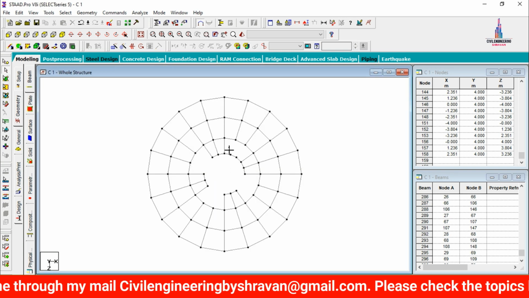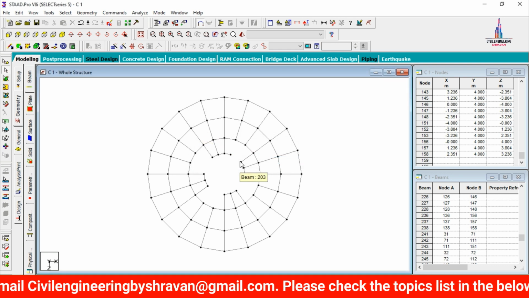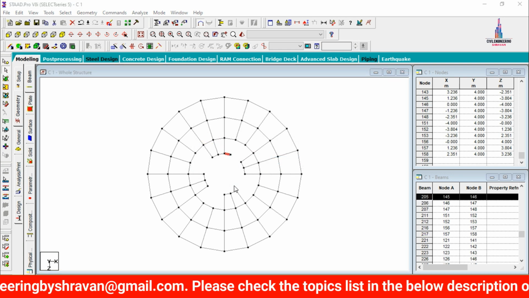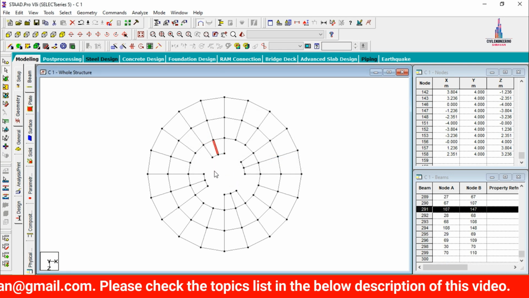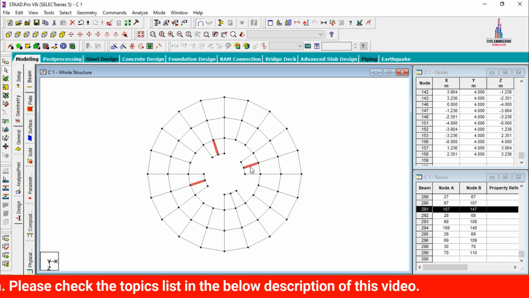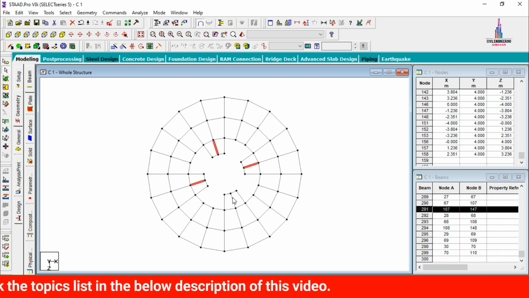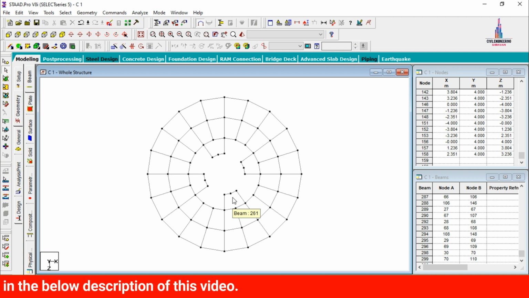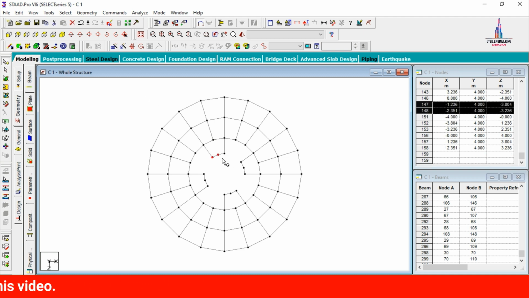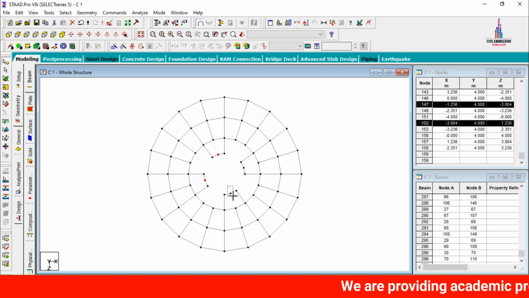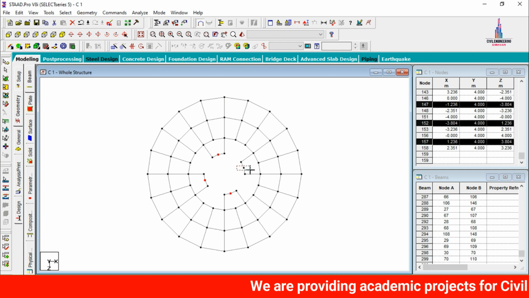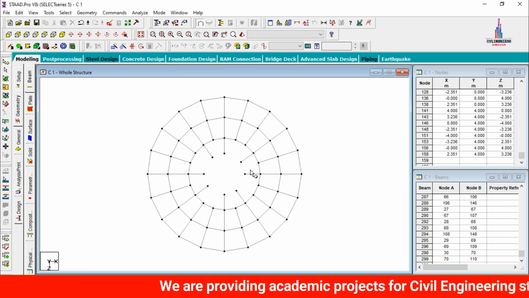Okay, so after that again we have to delete this property sections. Again in the same process, just I am deleting these properties. Now here I am selecting this horizontal sections here like this. Okay, click on delete, click on S option. So after that we have to select the node cursor, select the center node point here like this. So let us consider the center node point. Again center node point here like this, again center node point here like this. Click on delete option, click on S option.